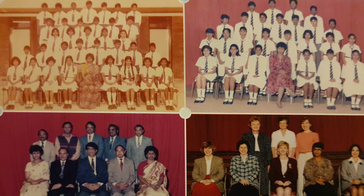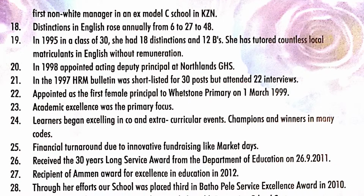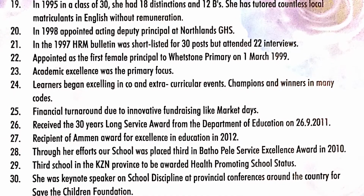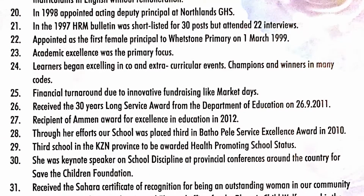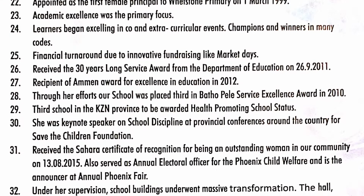in the year 1994, and I was appointed head of languages at Northlands Girls High School as the first person of color in KwaZulu-Natal in a management position. It wasn't an easy road back in the day because I walked into my first committee meeting, and in a staff of 60 educators, I was the only one with a dark complexion. I was the only non-English by birth, speaking to 11 English-speaking people and telling them how to teach English. So breaking ground for me was very difficult. It was a little bit intimidating when I was the head of department telling English people how to speak English